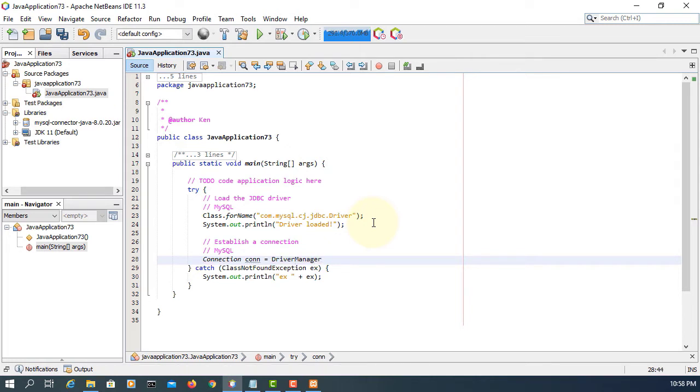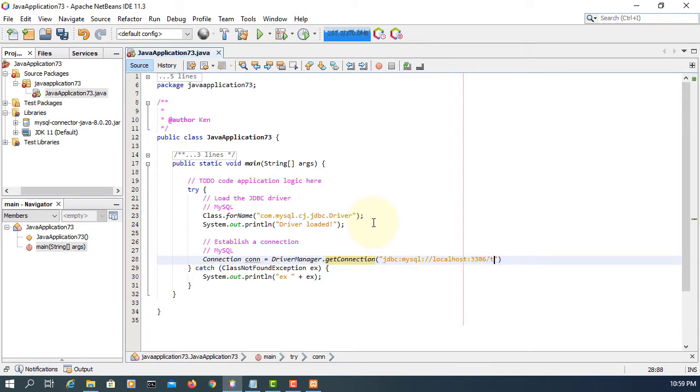So the class name is Connection, as in conn, DriverManager.getConnection. Again, this has to be very specific according to the database you are going to use. So I'm using MySQL again. So jdbc:mysql